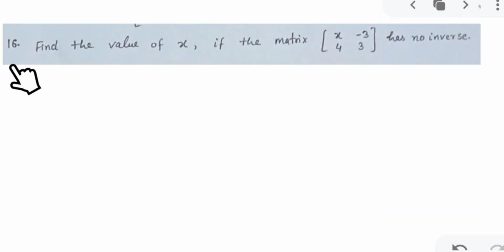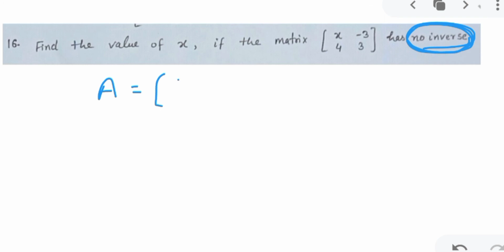Question number 16 is, find the value of x if the matrix has no inverse. The matrix has no inverse. What is the meaning of this? You have studied the concept of singular and non-singular matrices. The matrix A is given as x minus 3, 4, 3. If the inverse of a matrix is possible, then the determinant value